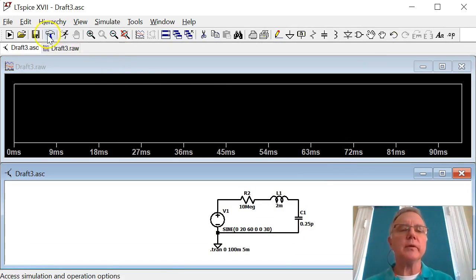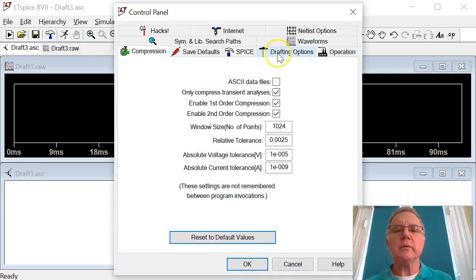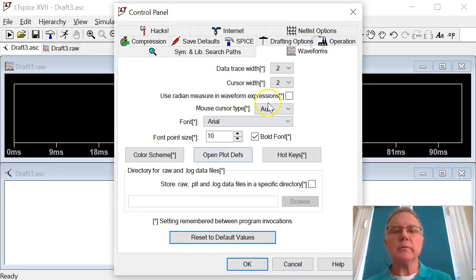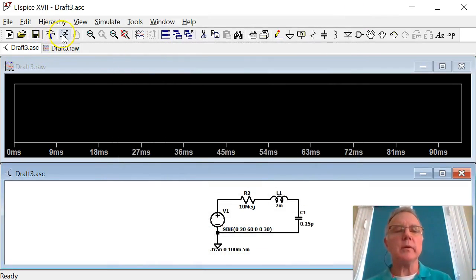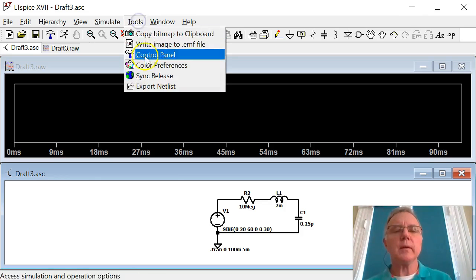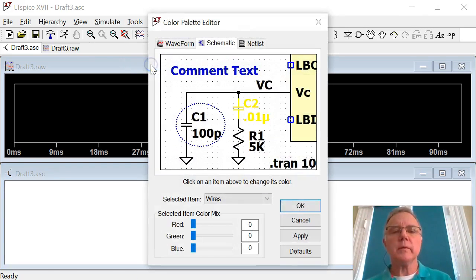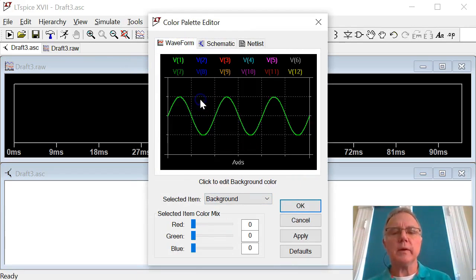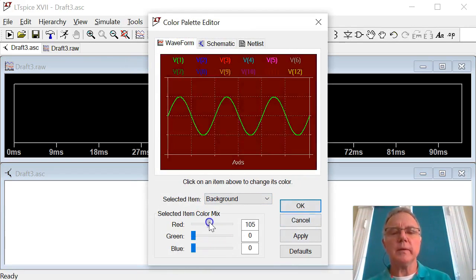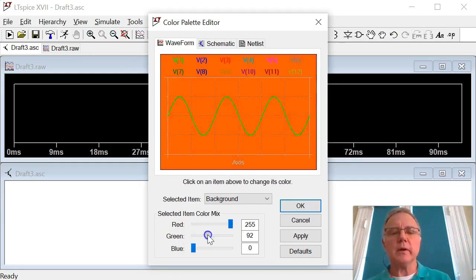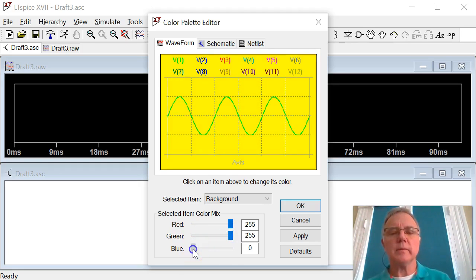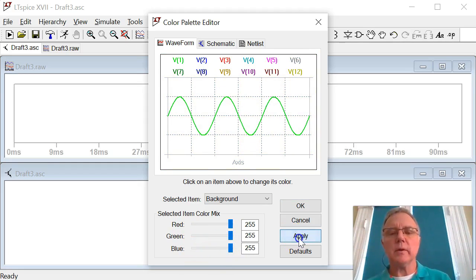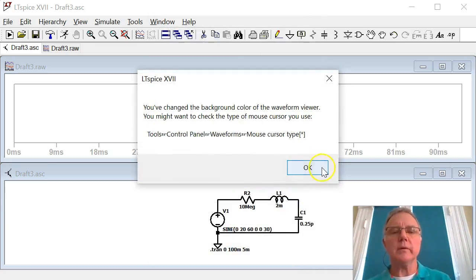And it looks like I thought I had changed my waveforms, no, I could do it there, but let's just go to color preferences. And, no, I guess I never applied it. So let's go back and change that. Apply. Okay, now we got,